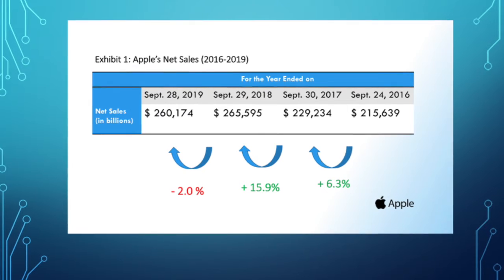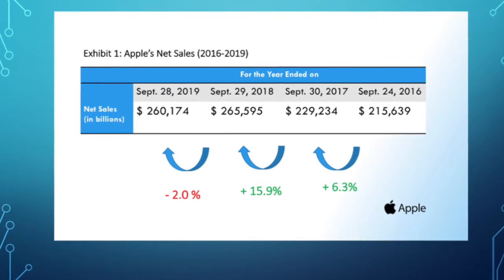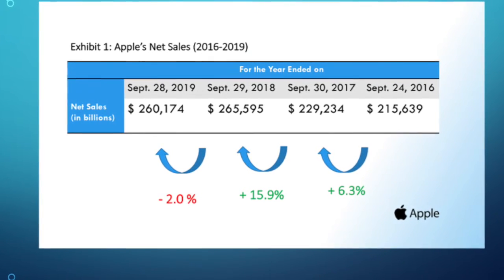So, for example, we have to look at our historical data. If we analyze our past records and take a look at our net sales, we'll see that we had a 6% increase from 2016 to 2017, about a 16% increase from 2017 to 2018, and about a 2% decrease from 2018 to 2019. If we analyze furthermore and take a look at our quarterly trends over the past few years, one pattern that really sticks out the most is that our first and last quarters bring in high revenues for